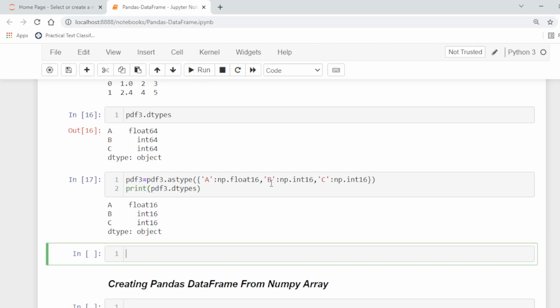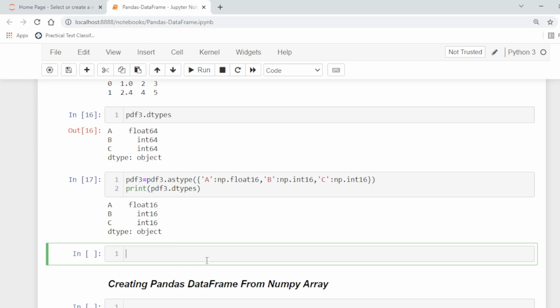So now instead of int64, the data types for B and C are int16. In this way we can change the data types for each column.